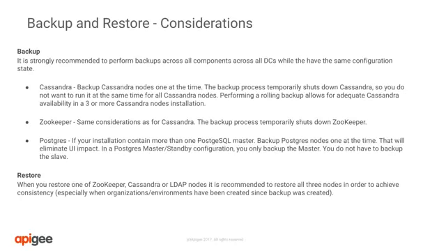We, of course, recommend that you back up all components across all data centers on a regular basis while they all have the same configuration state. We've made backing up and restoring components very easy, but there are certain aspects of the system you should take into consideration. When backing up a Cassandra ring, the member nodes should be backed up one at a time. The backup process actually shuts down Cassandra, so by performing the backup serially, you ensure that the availability of the Cassandra service is uninterrupted. The same is also true of Zookeeper.